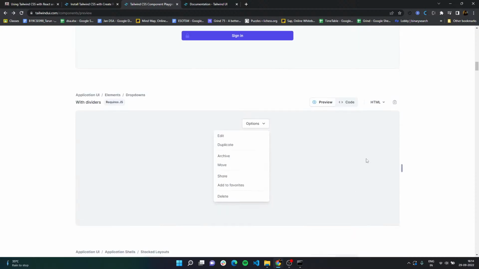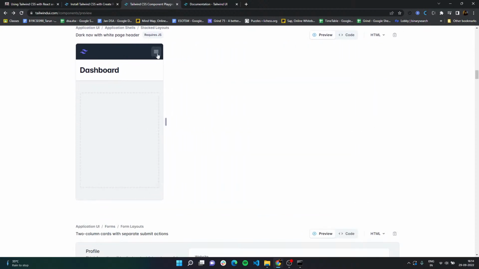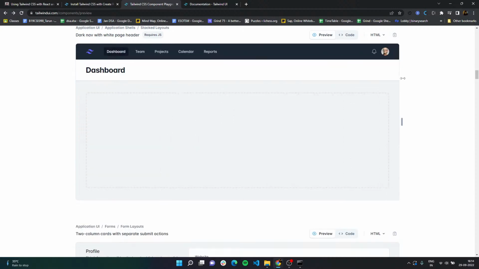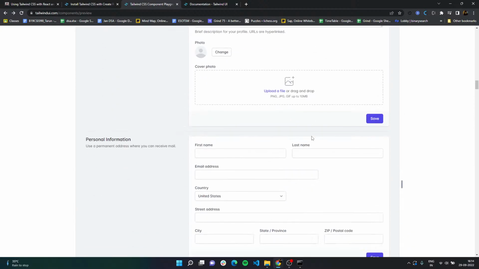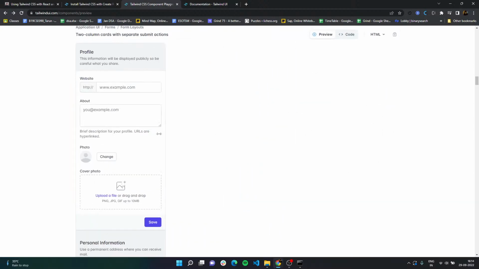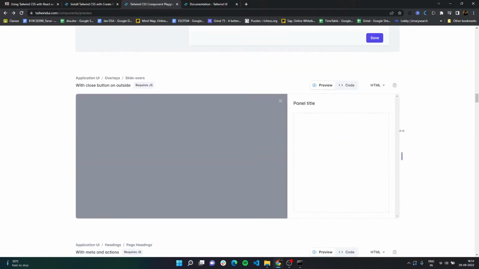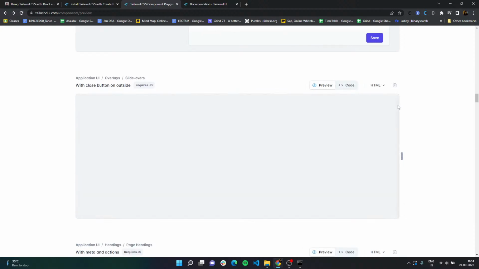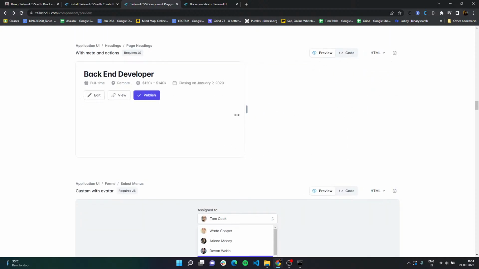That's okay. We have stacked layout where we have a bunch of stuff. Okay, that's decent. We have 2 column cards with separate submit actions. So we have 2 cards. We can also do that with close button outside. Okay, I don't know what it is. This is page heading. Oh, this looks so beautiful,